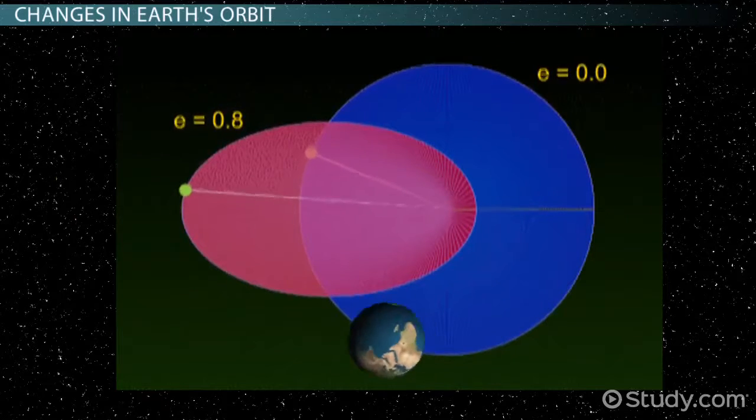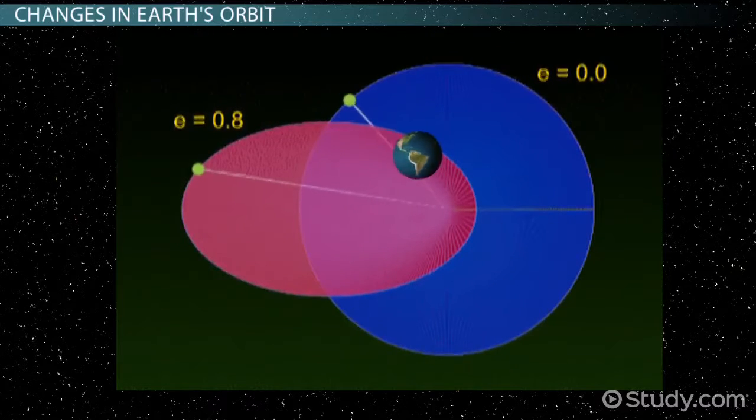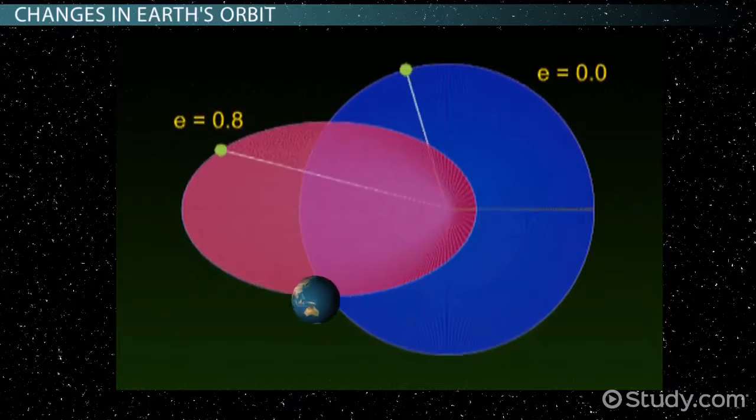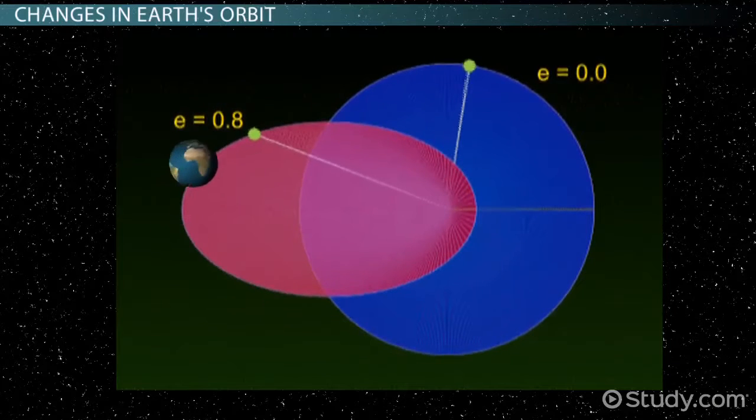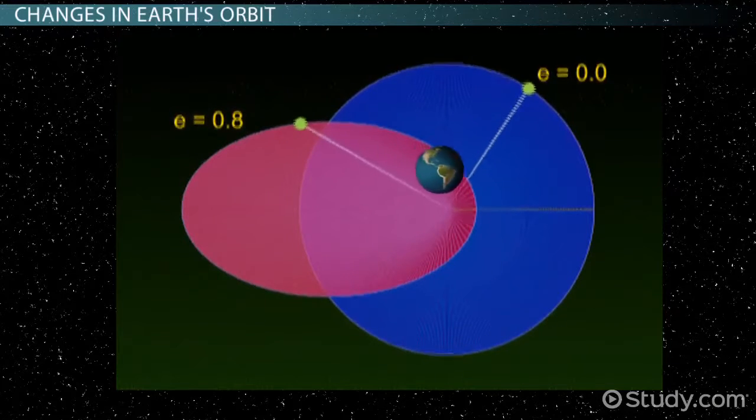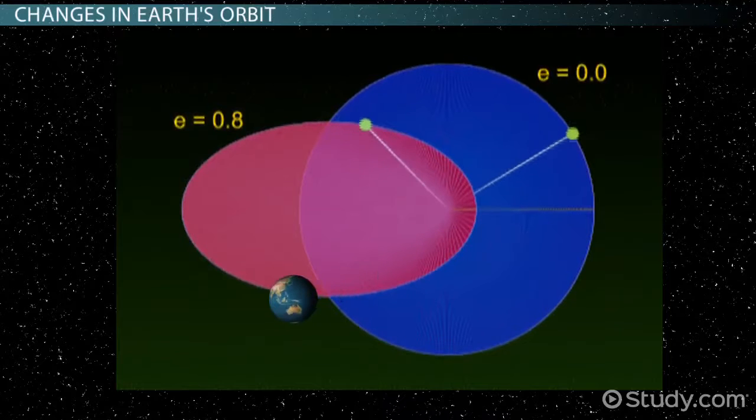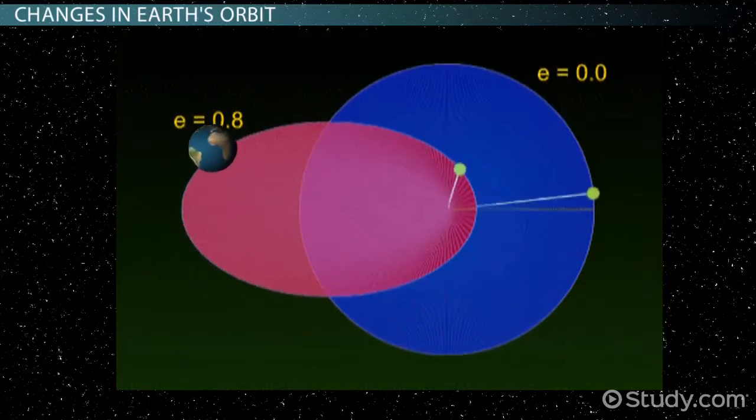When the Earth's orbit is very elliptical, either the northern or southern hemisphere boils in extremely hot summers and freezes in severely cold winters. The opposite hemisphere basks in warm summers and mild winters.